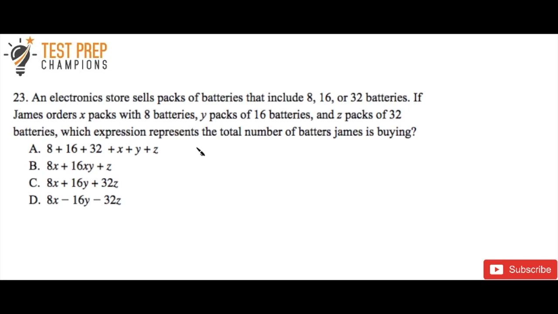So what's going on here is, you can think of all these variables, x, y, and z, as you could put any number in there. But we don't know how many packs of 8 batteries he's getting. So that's why we would write 8x. And then he's going to get y packs of 16 batteries, but we don't know how many packs, so that's why we have y, and you would add that to z packs of 32 batteries,